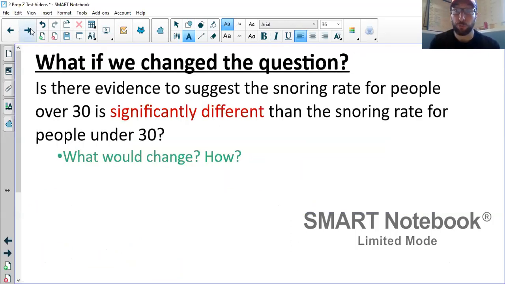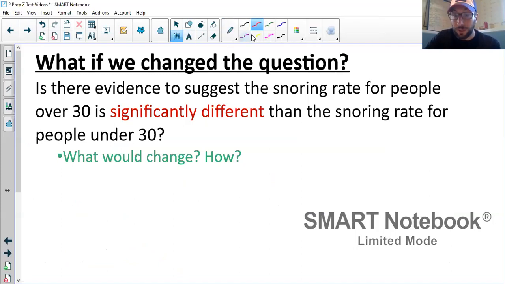So the only change is what's in red here. What if instead of asking if one snoring rate was larger than another, the over 30 larger than the under 30, what if we asked if there was a significant difference in snoring rates? What would change? Give it a pause. And hopefully we realize here the big change is going to be,